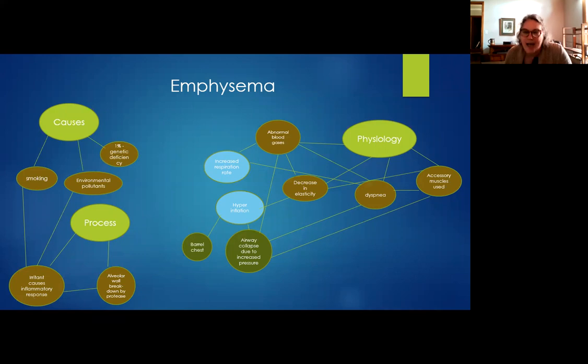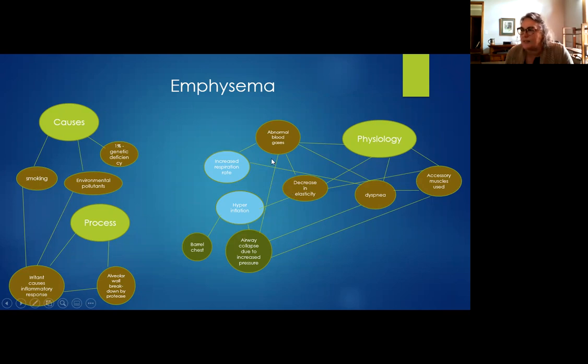So then that actually increases serum CO2 levels, decreases serum O2 levels. That stimulates the brain to increase the respiration rate. It activates the use of accessory muscles, all in order to compensate for the lack of oxygen that's available in the blood. So as you can see here, we have the dyspnea, we have the accessory muscles used, we have